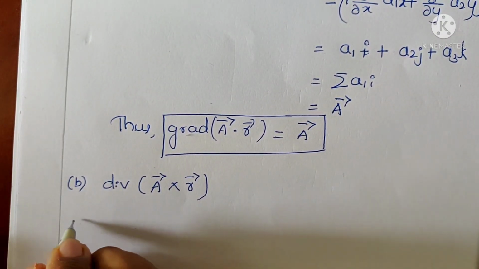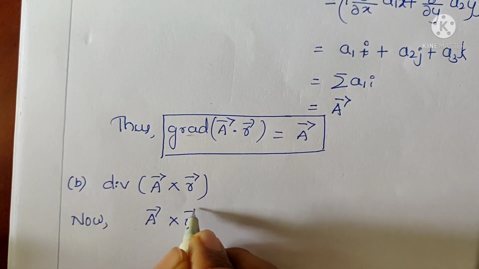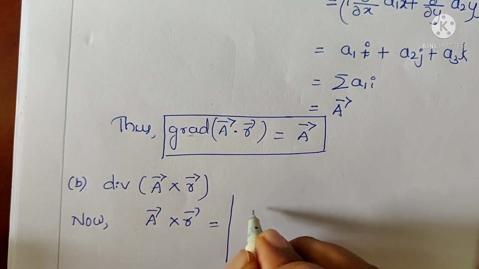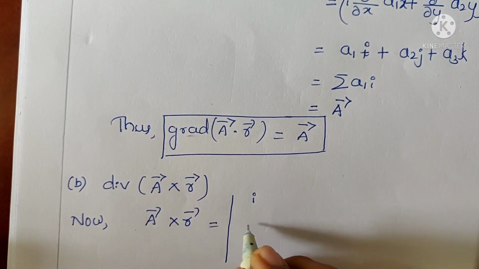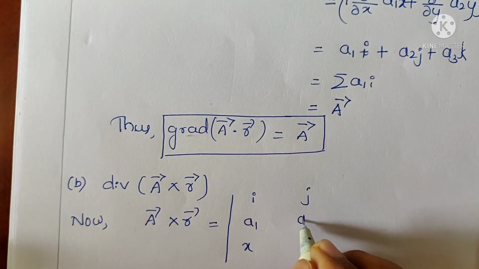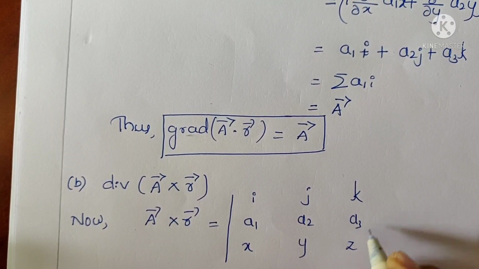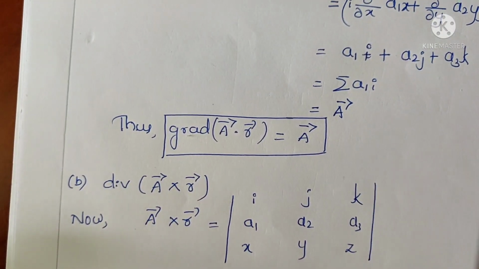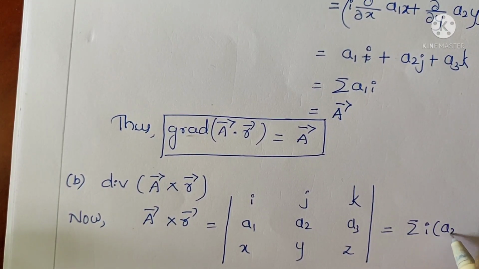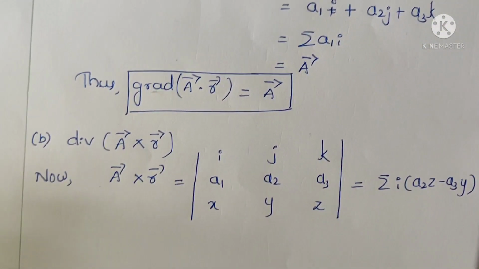Now vector A cross vector R is equal to the determinant of I, J, K. Here vector A is A1, A2, A3 and R is x, y, z. So then it is the summation of I into (A2 Z minus A3 Y). So therefore